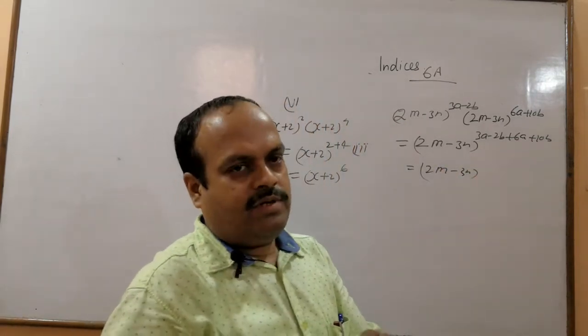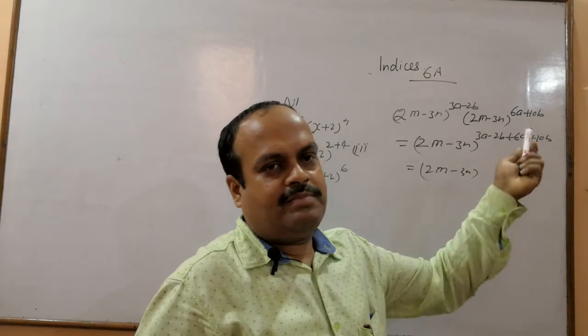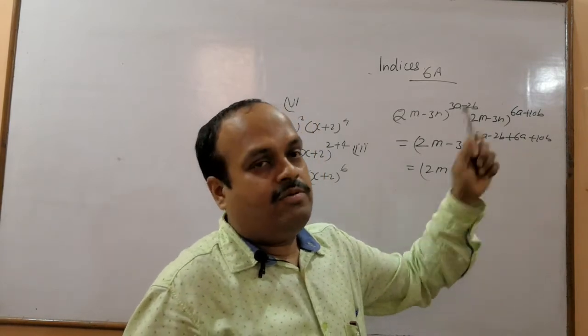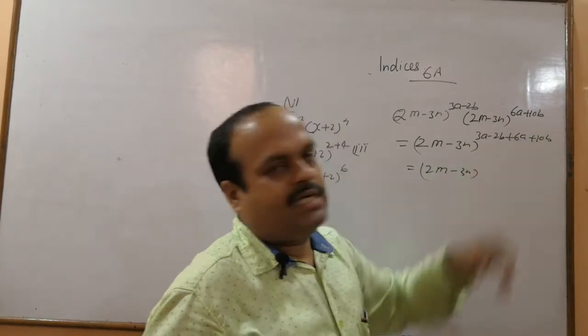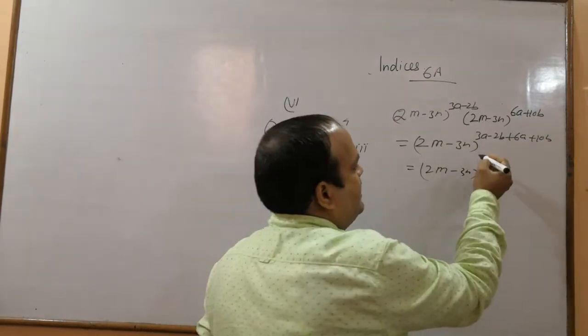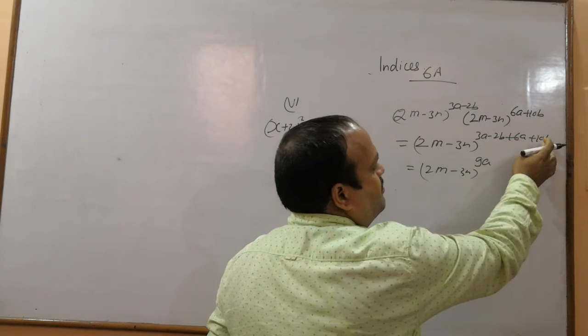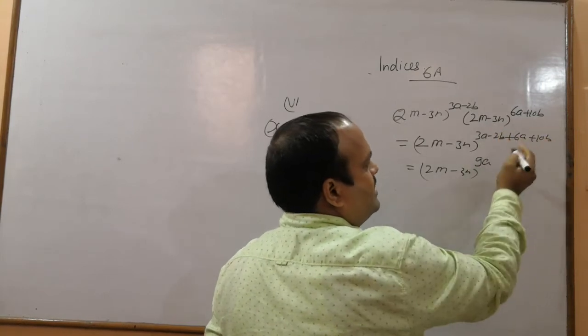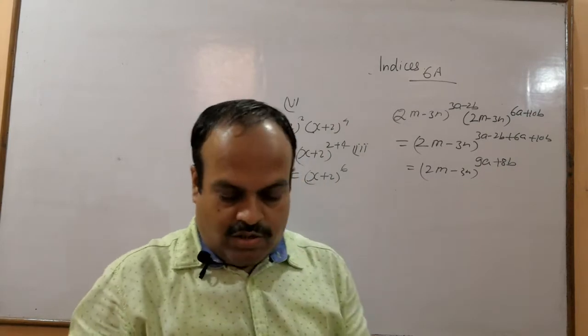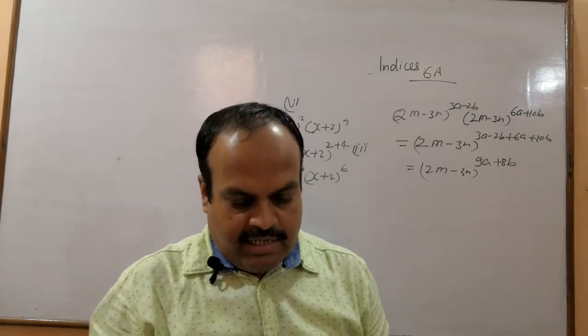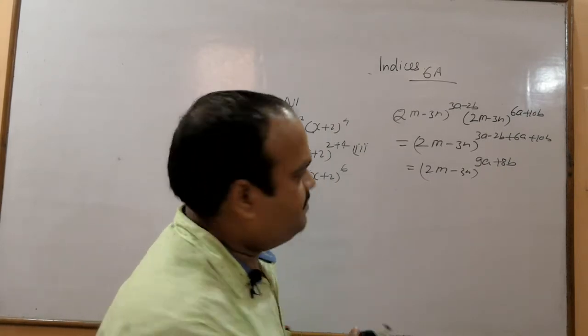As I said, if we have the addition or subtraction of like terms and unlike terms, we need to use the algebraic law. 3a, 6a, same sign, we will get 9a. Plus 10b minus 2b, we will get the result plus 8b. So we have done. Now one more part, that is the 8th part.